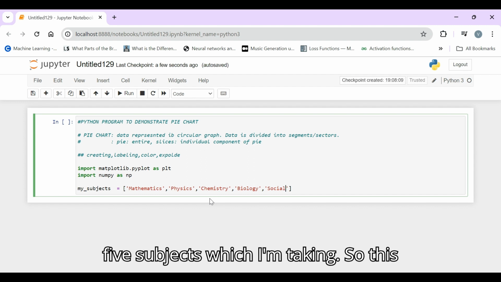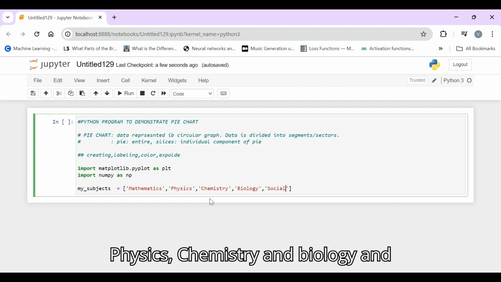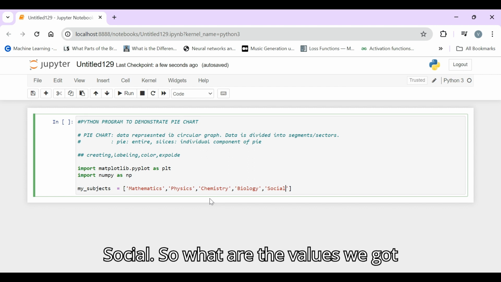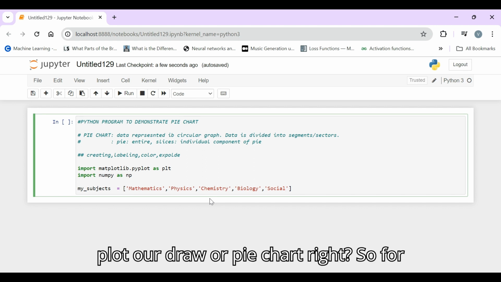So these are the five subjects which I am taking. So this can be our labels itself. What are the values we got? Based on the values only we are going to draw our pie chart.